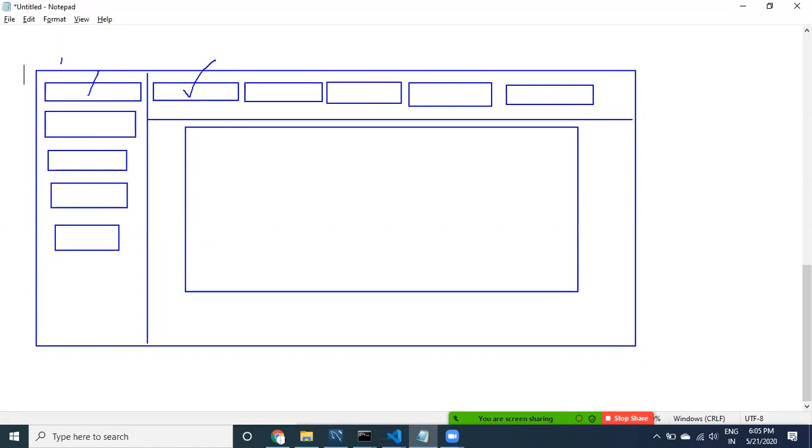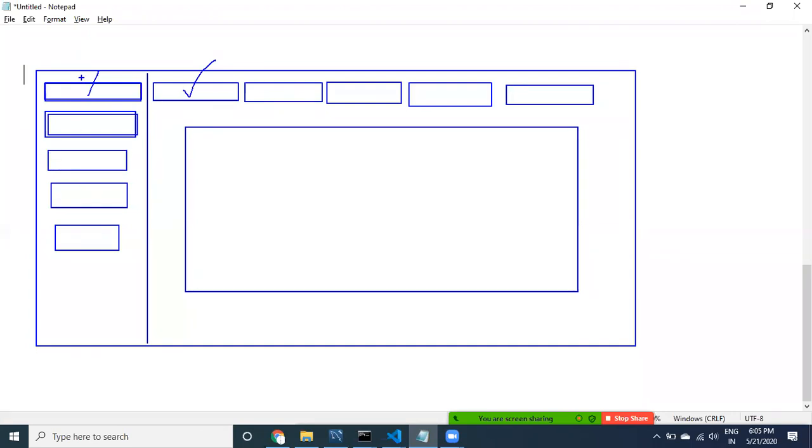Main menu is in the left menu, and then on top, here I would like to display the sub menu. If I want to take it like this, what I will do is I'm going to take, here I would like to take, see, this is a main menu, right?